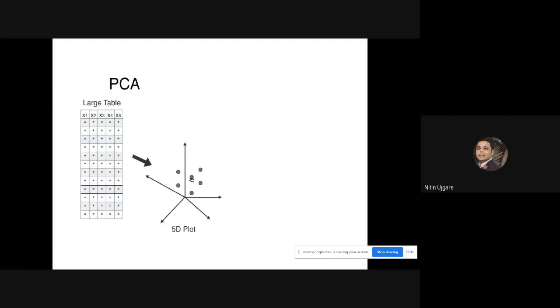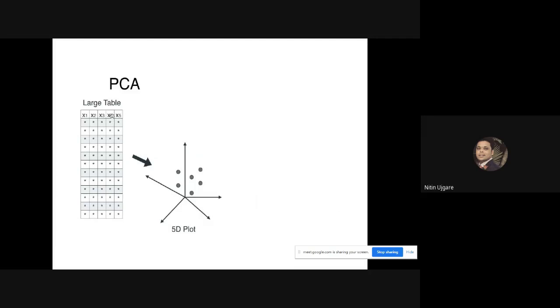Let us try to understand this principal component analysis with a simple example, how a high dimensional or multi-dimensional data set is transformed to a lower dimensional data set. That is what we are going to see with this. So let's consider this is a data set that is given to us. This is a large table which has 5 columns: x1, x2, x3, x4, x5. These are the input variables. We can say that these are the columns of our data set as well as features, or you can also call them the input variables of our data set.